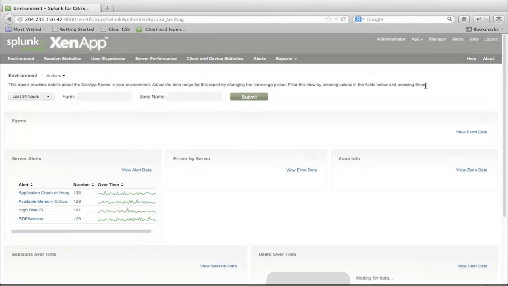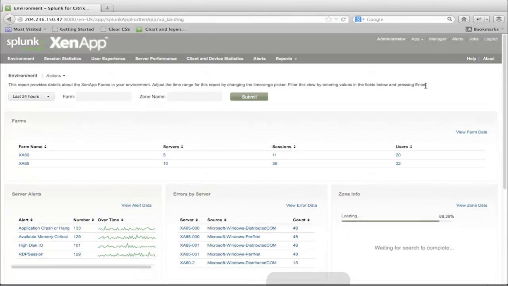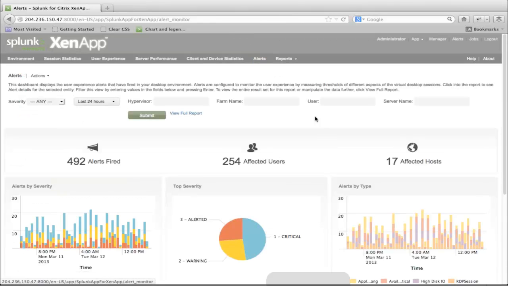This is what the Splunk app for XenApp looks like. Basically, it's the same types of visualizations that we were doing before with core Splunk, and we just did a bunch of those for you out of the box that were relevant to a Citrix environment. So we ended on doing alerts. We don't have those enabled for email by default because we don't know who they need to go to. But for XenApp, we'll run the same searches for alerts and show them to you on a nice pretty chart here. But you can go into the box and say, in addition to showing them on a dashboard, I also want to deliver them to email. So you can do that as well, straight out of the box.